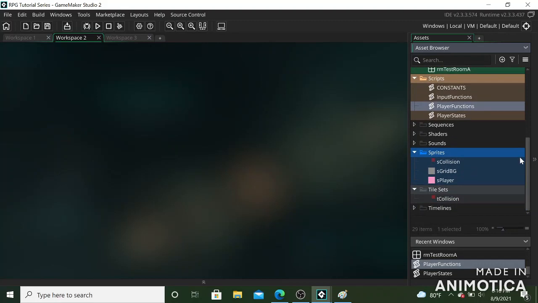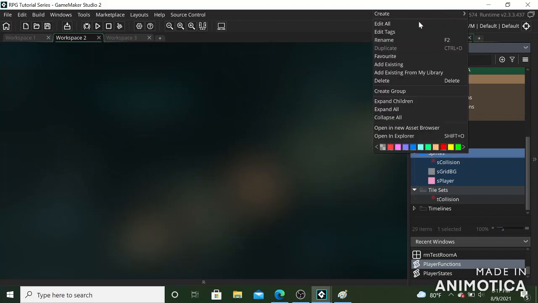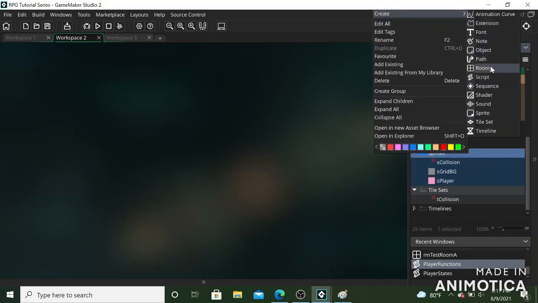So what if we had an object that has its origin at the bottom center? You can't paint the grid collision over that, or maybe even an object you can move, like if you threw it, like a rock or something. Obviously it can't be tied to where you painted a collision tile in the room. So let's create a new sprite, and let's just make something you would collide with,